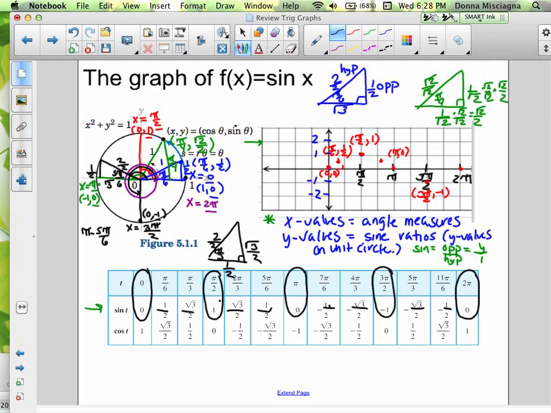We don't have to have 100 points to graph sine. If we connect the dots, we see there's our graph of sine, and it's going to continue in both directions. So I wanted to make sure it was clear where these values come from. Let's do the same thing with cosine,